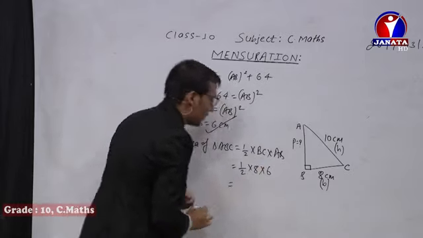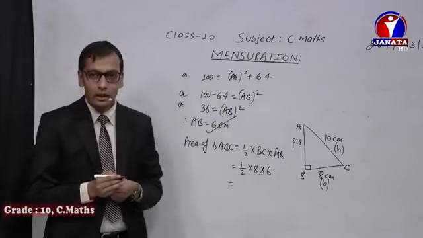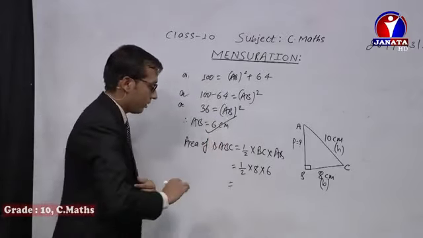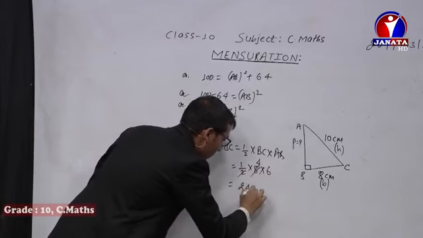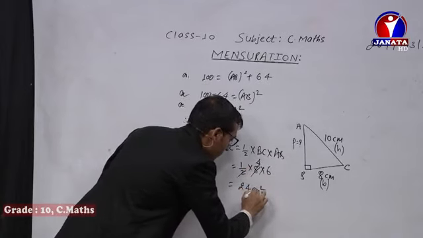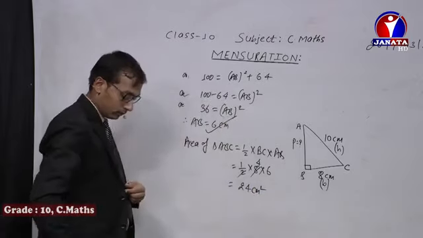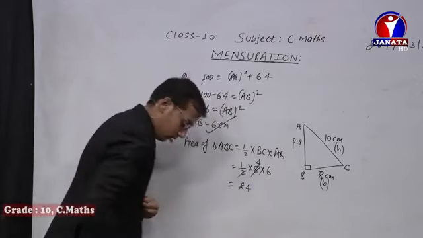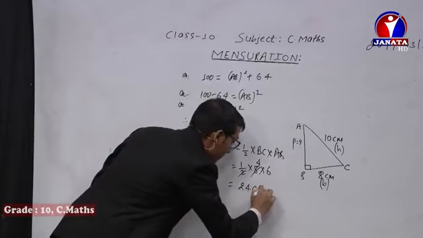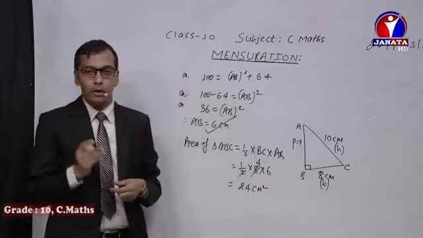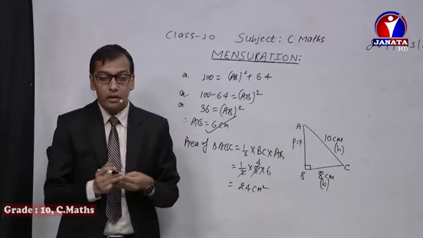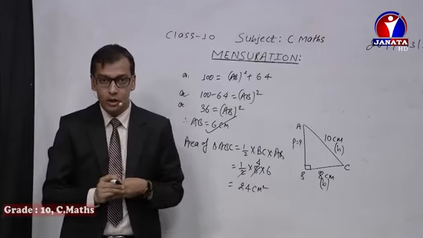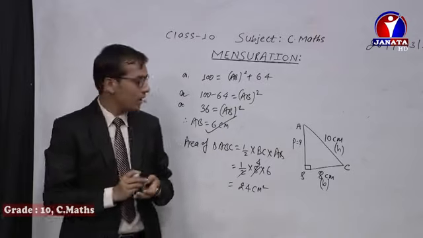Now we can calculate and find the area of the triangle. It's 24 square centimeter. So I discussed what is plane surface, what can be the examples of plane surface, and